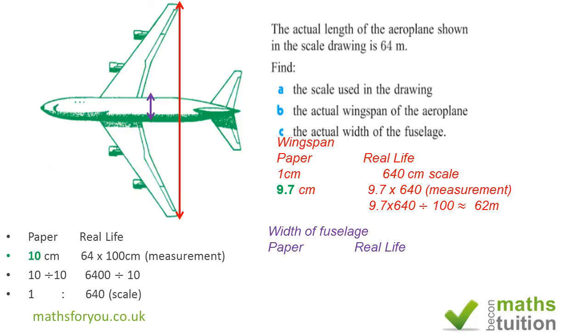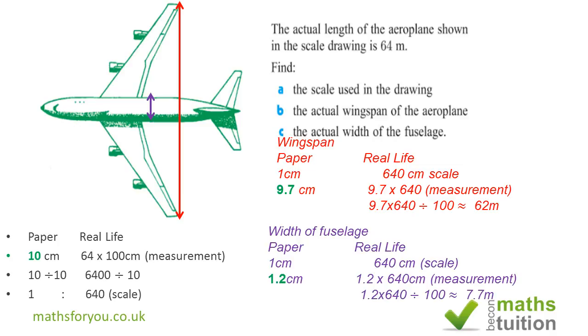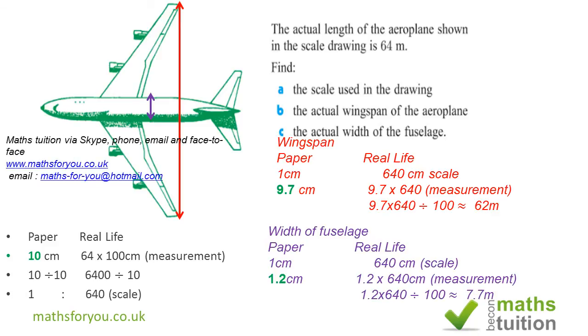Now we know that the scale is 1 to 640, and I've measured 1.2 centimeters to give me the width of the fuselage. So if I multiply 1.2 by 640, that will give me the measurement in real life, 640 centimeters or so. Now if we then divide that by 100, we end up with approximately 7.7 meters for the width of the fuselage. And I hope all that made some sense,